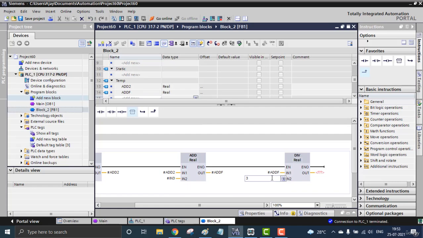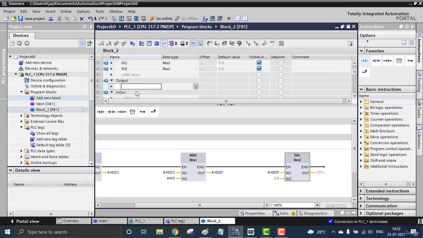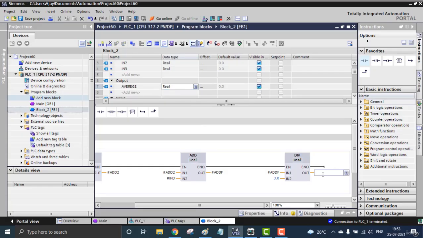I can give the 3 directly as 3.0. The output I have to define now, so I'm going to define my output on top, that will be the average, and that will also be real.